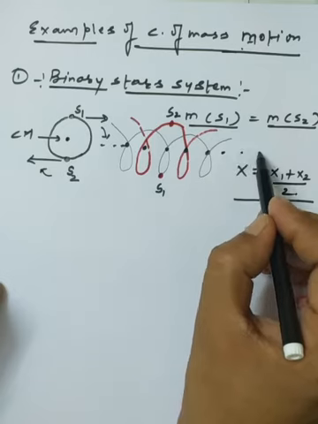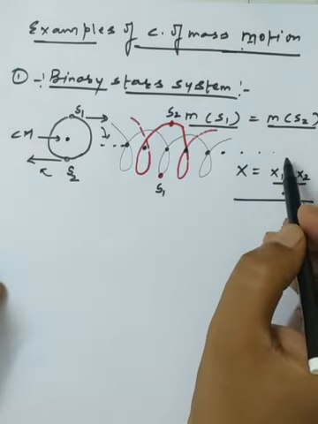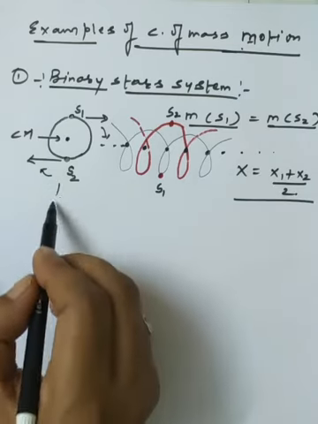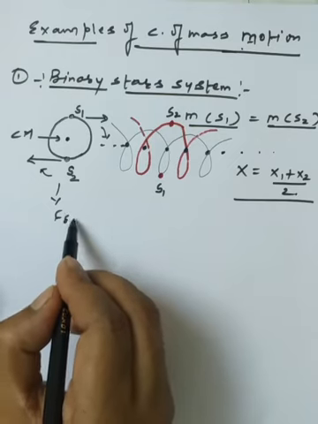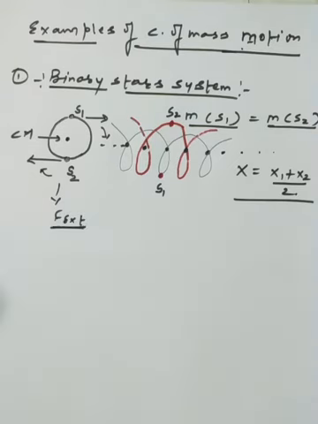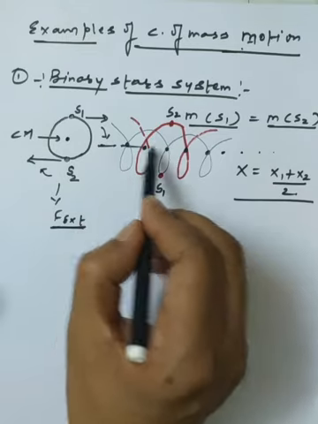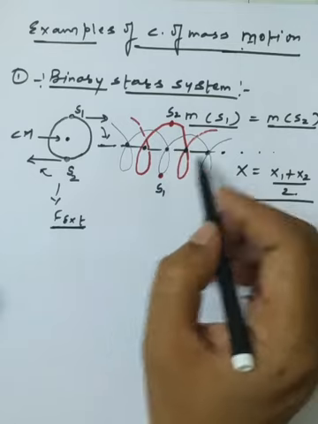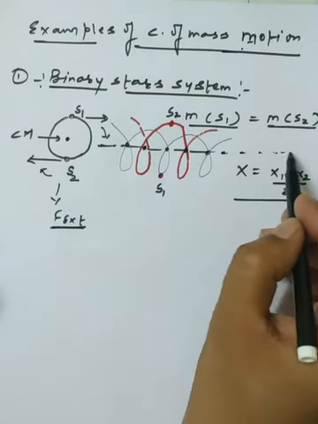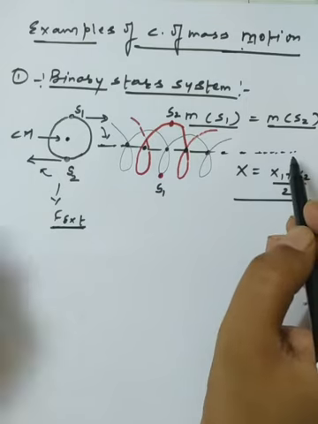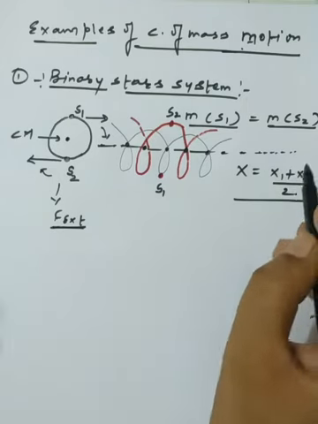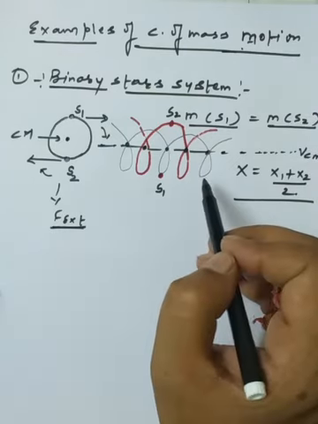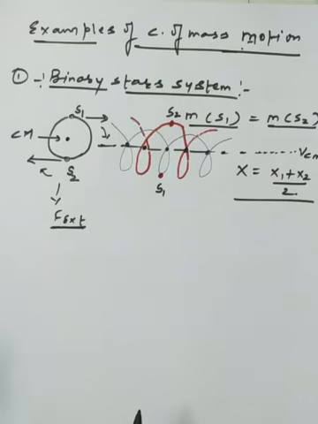As we continuously watch the movement of the center of mass, it moves with constant velocity, because for the two binary star system we assume the external force is zero, and the total momentum is already conserved. So the center of mass will move along the line joining the two stars, continuously along a straight line with the same velocity. This is the basic concept of the center of mass of a binary star system.